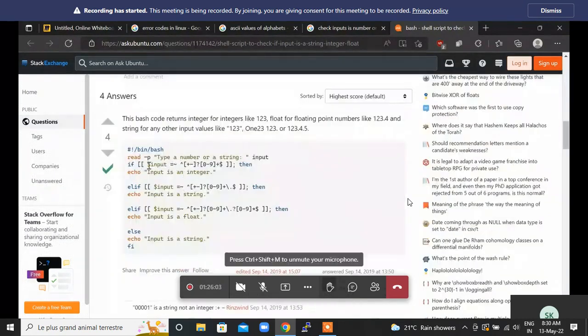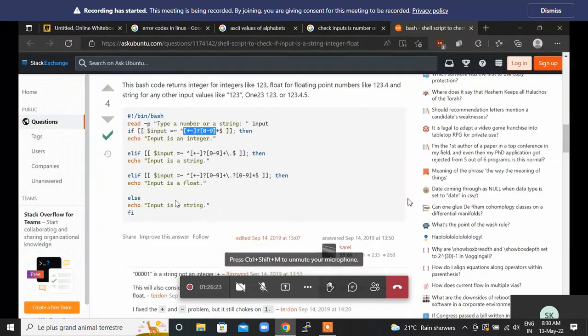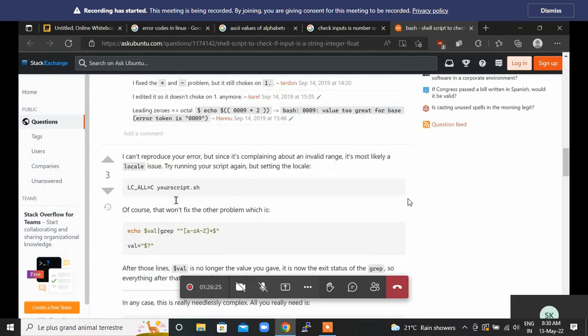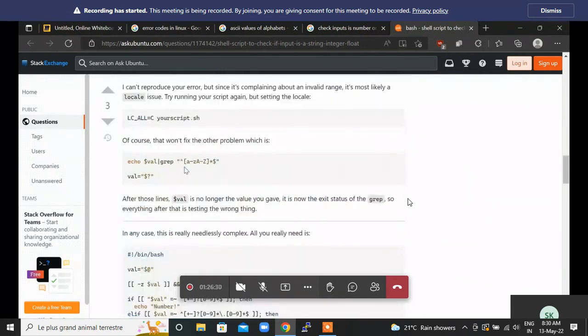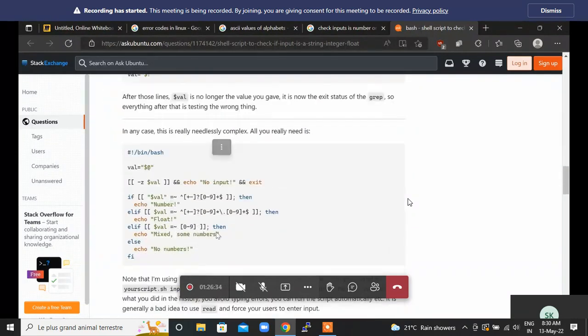So one way, you can also check this way. Equals to hyphen, and if this is included, then 0 to 9 it is an integer, and if it is false, then it is this. So this is not an easy syntax, but this is one way of checking. Even the grep one that I was saying also works. If you want to check it as a string, you can use this format. If it is a number,